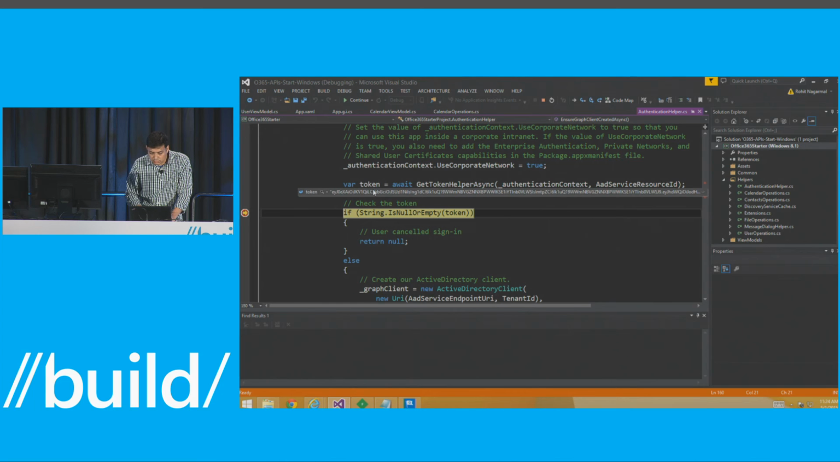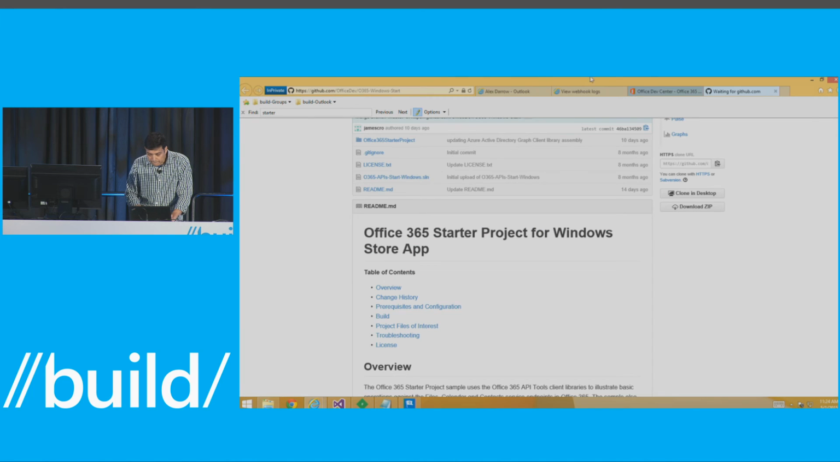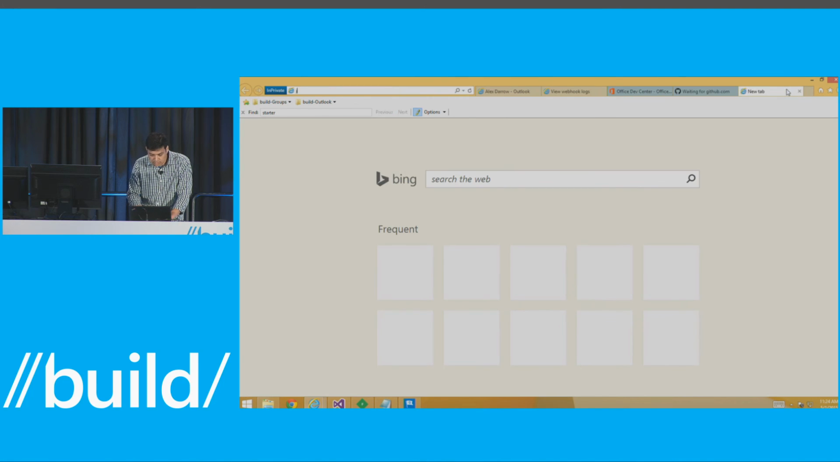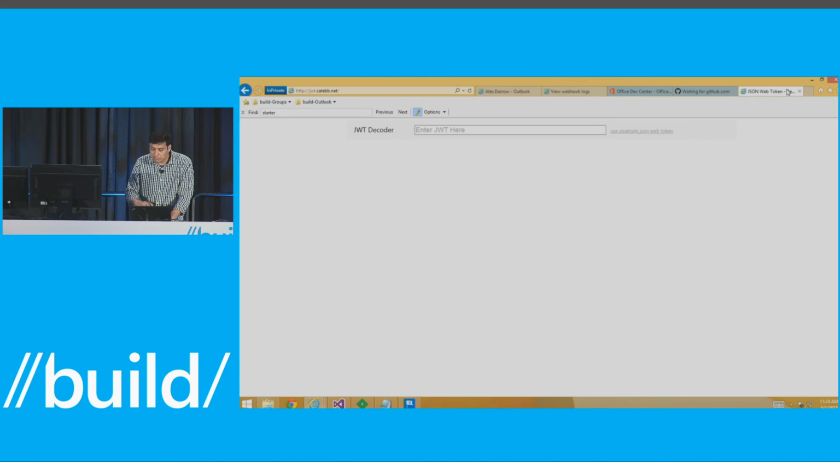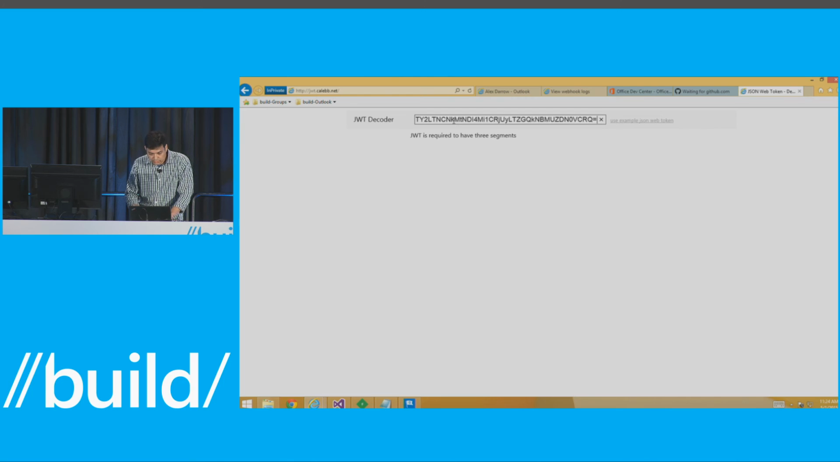I got a token. One cool site that I really like to use is that you can actually see what this token contains. So if you go to JWT, it was written by a person inside the Active Directory team. And if you paste the token here,